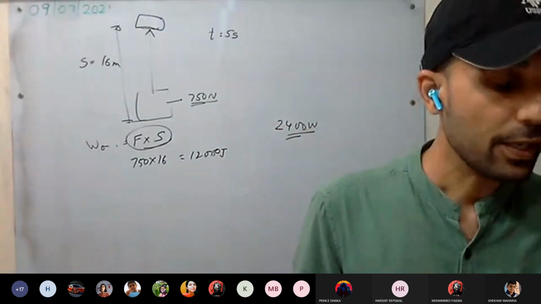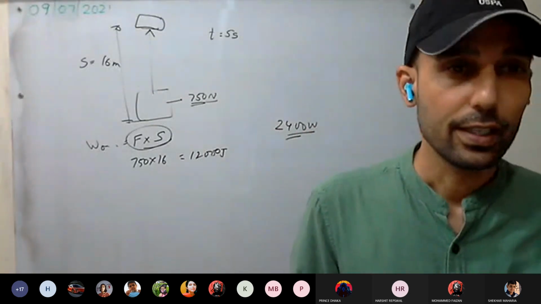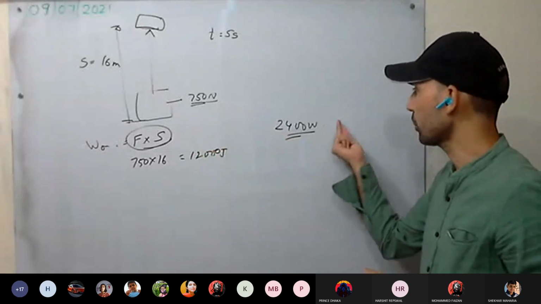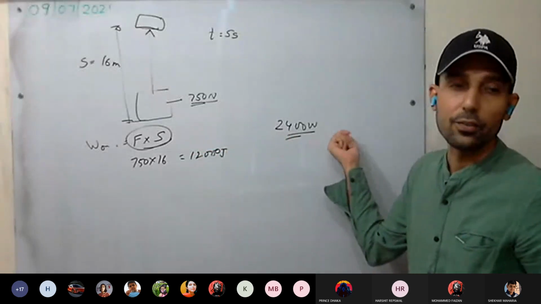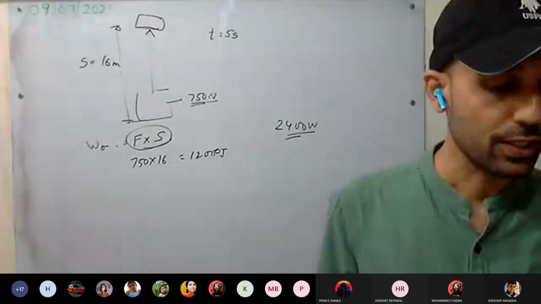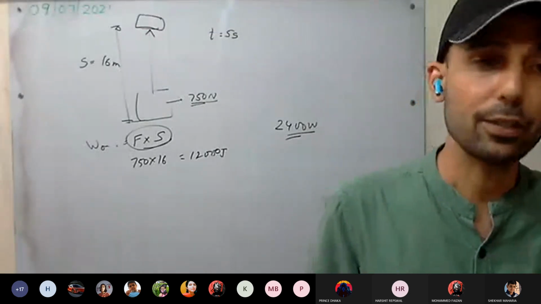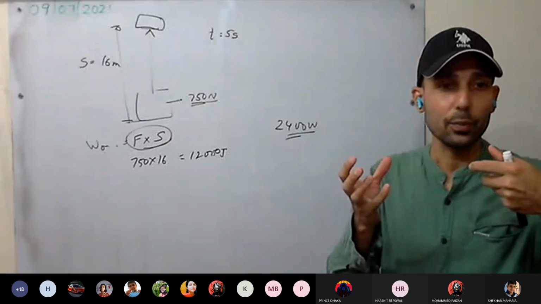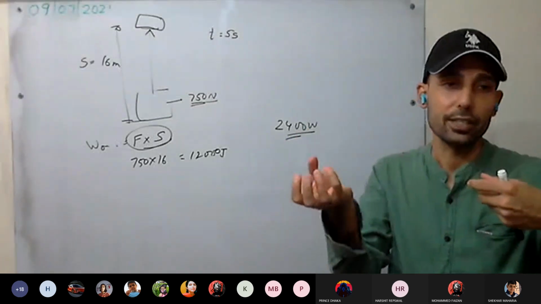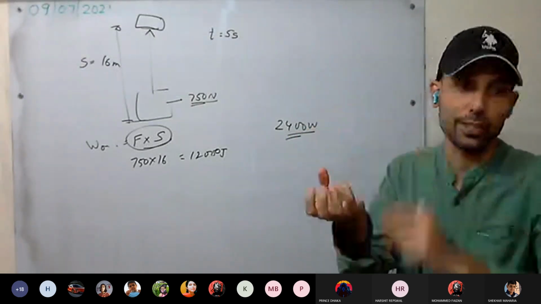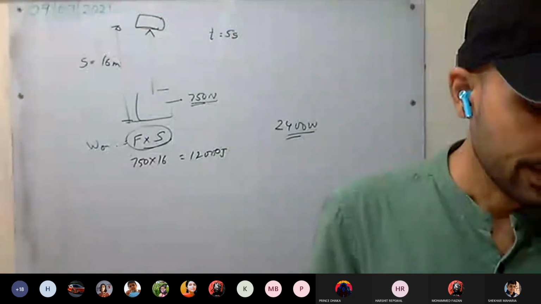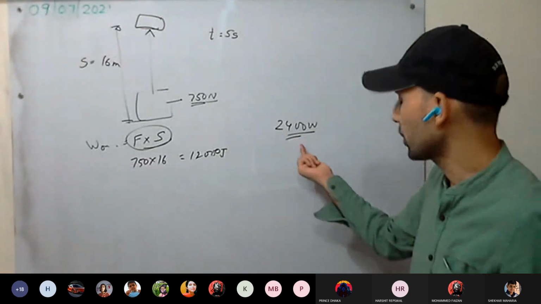Now the input power of the machine we have to tell. This is the useful power that has done the work. What is the input power? We have to calculate the input power, that is the power of the machine. If it is 100% efficient, that means whatever power the machine is taking as input is being converted into the power that is being spent. There are no other losses. So it is 2400 watt.